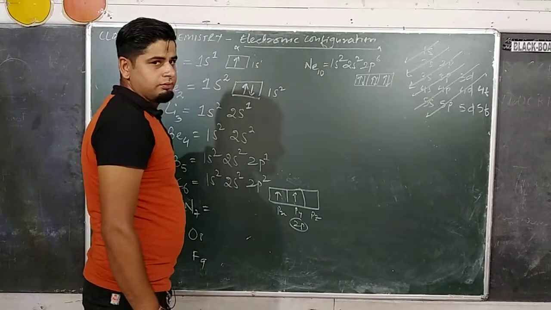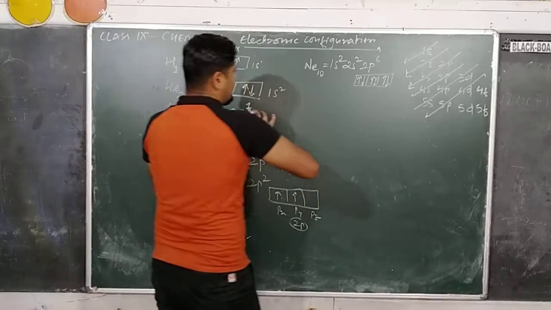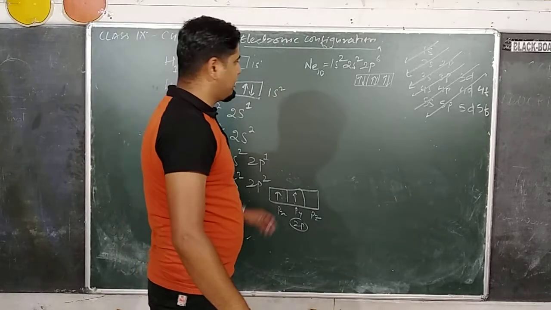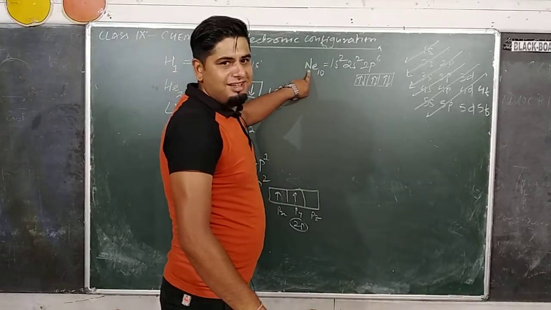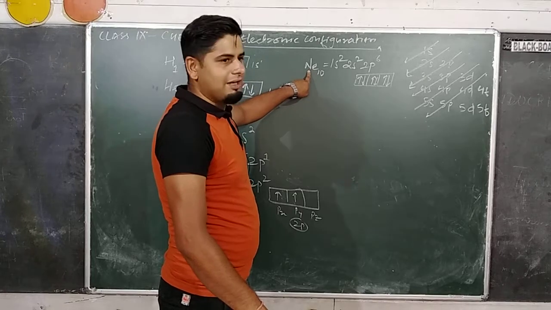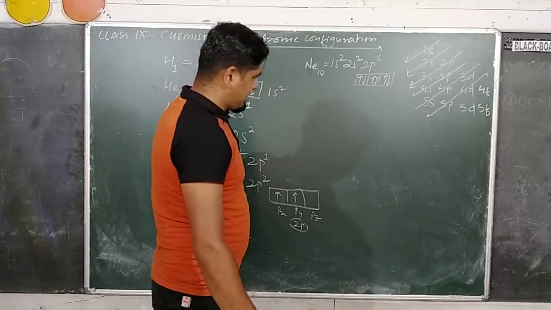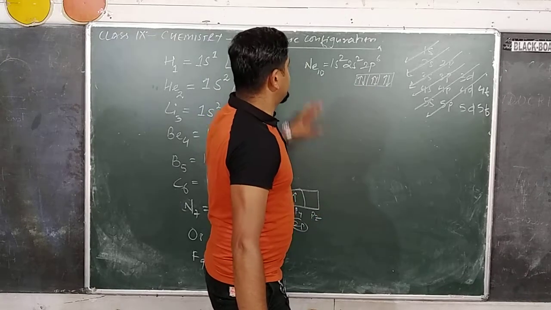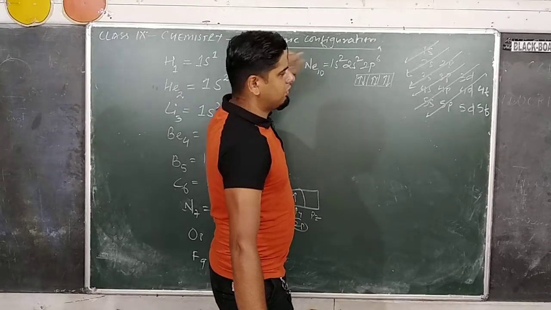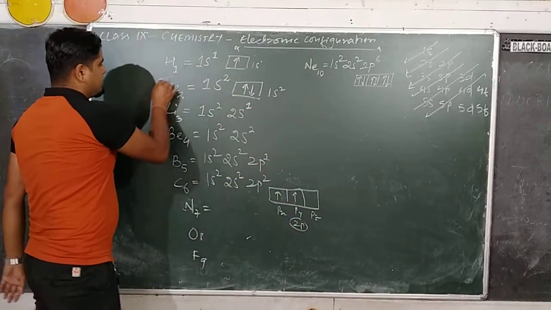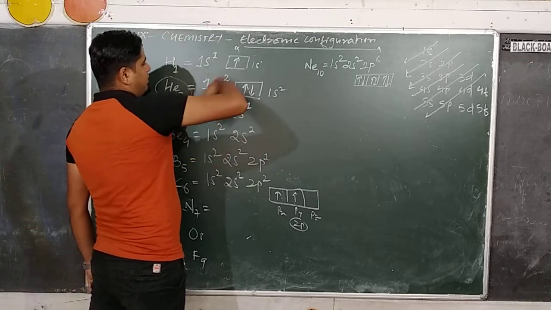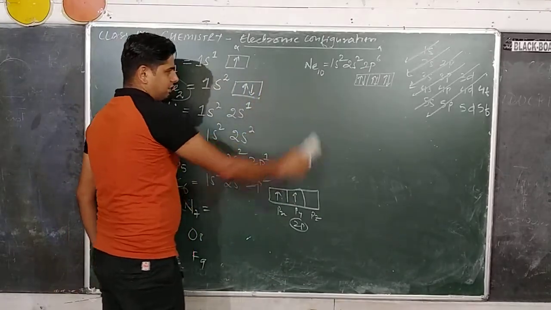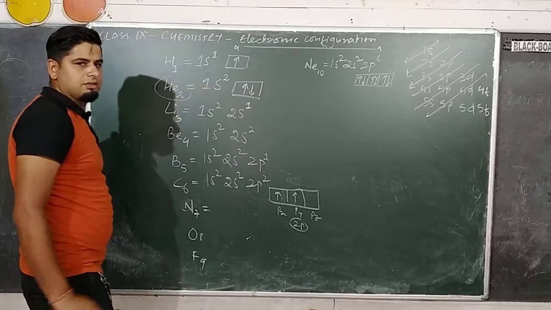Yes or no? See, here each and every orbital is filled. That is why neon is an inert gas. Why? Because it is non-reactive. Why non-reactive? It doesn't have any free electron. That is why all these shells are fully filled. That is why neon is stable. If you check all the examples, helium is also stable because 1s is completely filled, 1s2. Got it or not? These are the stable electronic configurations and they are called inert gas configurations.